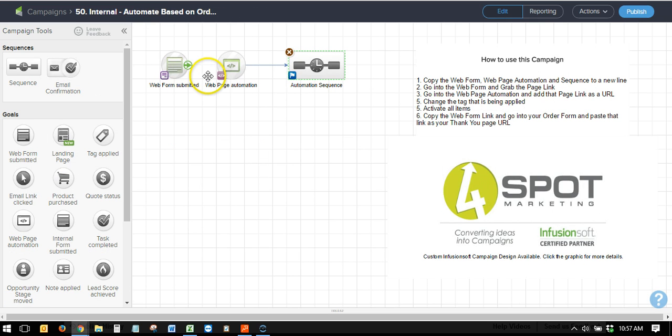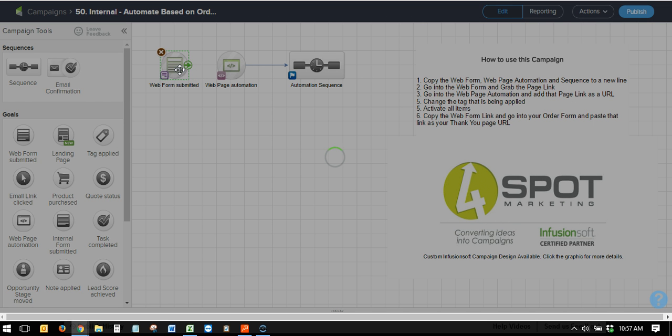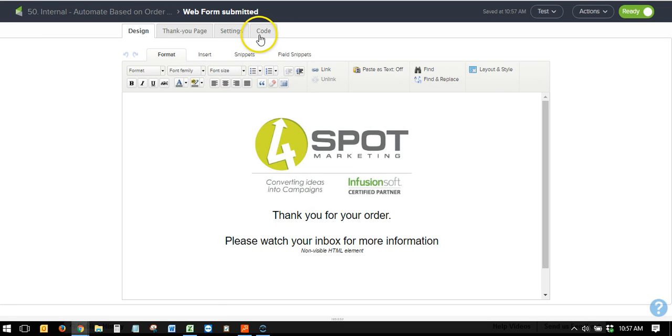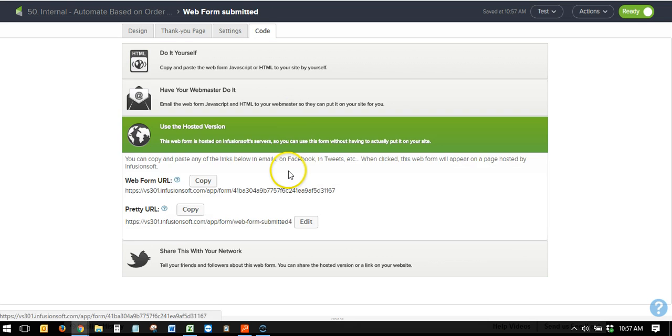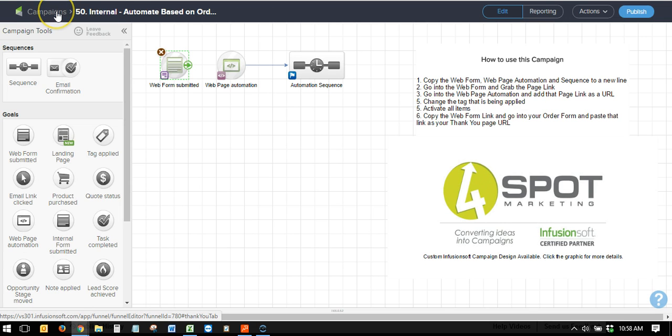So at this point, you've configured this so that when somebody hits this web form, it's going to trigger this automation. So now what you need to do is go into your web form, grab your URL. So go into your code, grab this URL, and it's always been recommended to use the web form, the ugly URL. Don't use the pretty URL, because if at some point in time you decide to change that pretty URL to make it something else, it will screw up any and all automation. And since this is all automated, nobody sees it, it doesn't matter. So copy that,